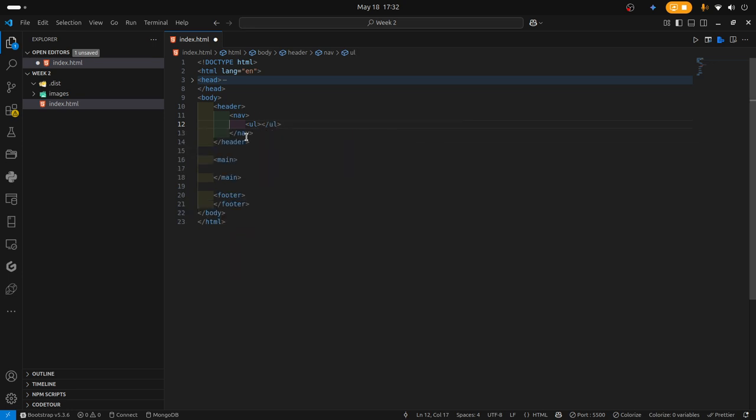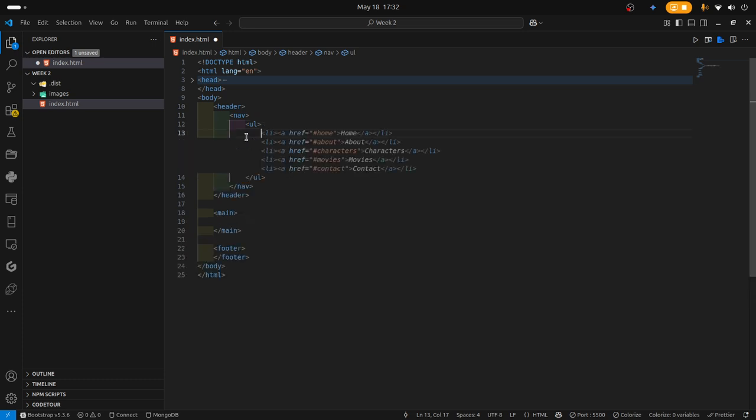Anything that has navigation, which is in the header, is always an ordered list, even though in the footer, when we're doing links, it's usually an unordered list. Okay, so this unordered list is here,